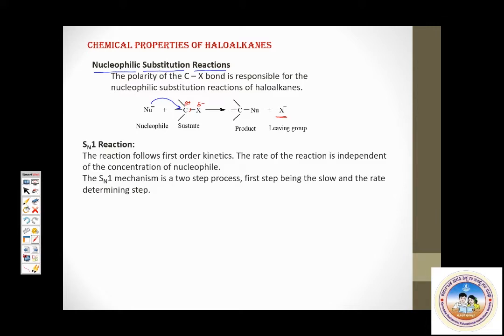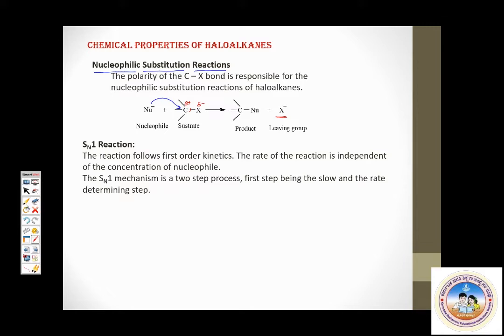Nucleophilic substitution reaction can take place in two ways. One mechanism or one path is called SN1 mechanism, or it's also called substitution nucleophilic unimolecular. Now, these two mechanisms are very, very important, these two pathways. All of you have studied this for your board exam as well. Okay, so let me take up the first one now, which is SN1 mechanism.